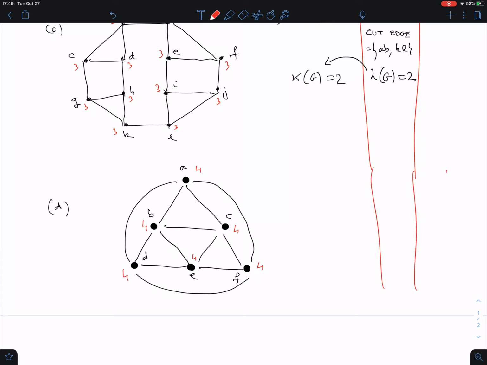So here now, we know that the possibilities are 1, 2, 3, 4. Unfortunately, it's quite a lot of possibilities. It's rather quick to see that removing a single vertex will never disconnect this. There are way too many connections here. So we can rule this out, and if this is ruled out, then this is also ruled out. So there's no cut vertex. So what about